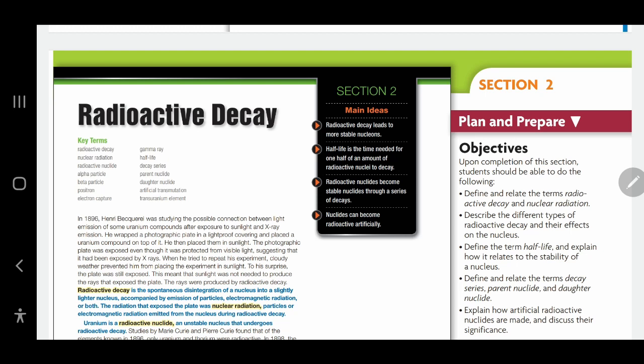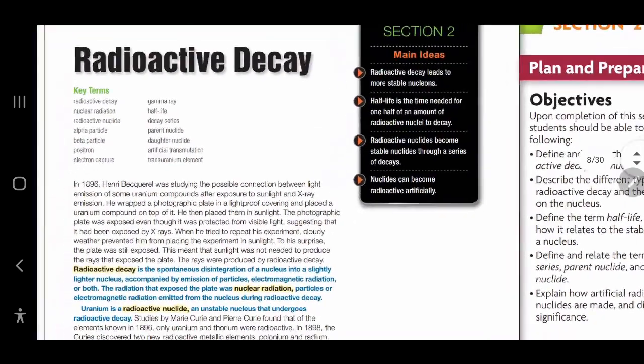Okay, today we're going to continue our lessons with chapter 21, section 2, which is radioactive decay. Now, as we said in our previous lessons, transmutation is the changing of the identity of the atom. And this process is called transmutation. Now, this process actually